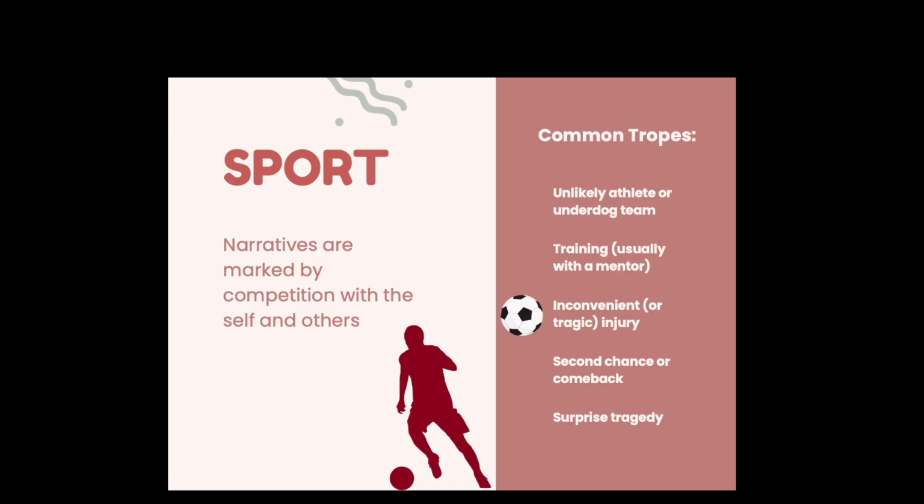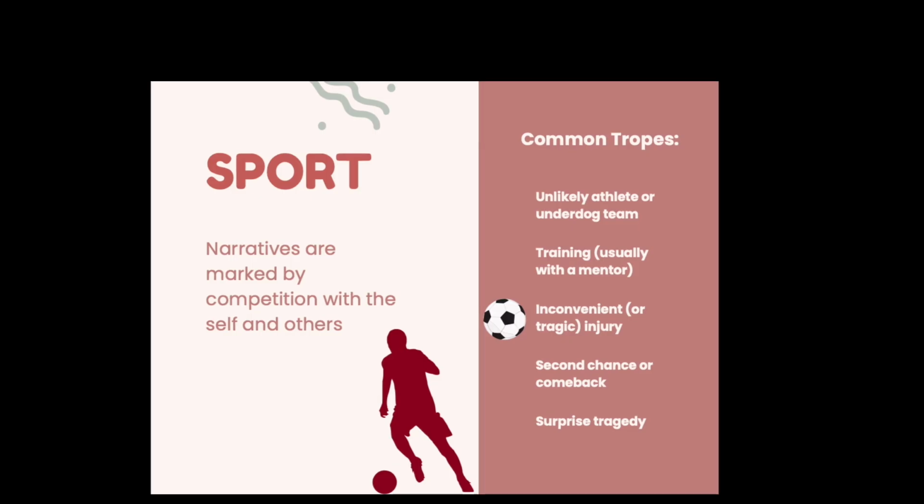If the injury happens to be tragic, it could be something entirely out of the gate. Like a football player is struck on the field and their rib accidentally punctures their lung. This could potentially lead to surprise tragedy, but it doesn't always have to. It just creates circumstances wherein accommodations have to be made in order to suit the circumstances. Someone has to be subbed in, plays have to be changed, and this increases the tension within the story, builds more towards a climax that keeps your audience on the edge of their seat.